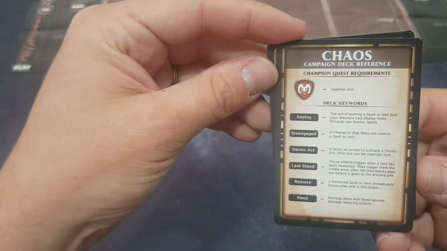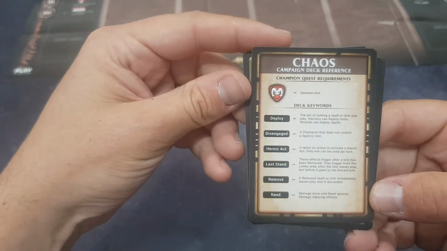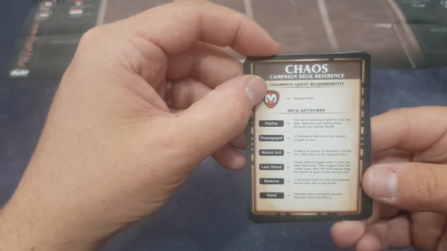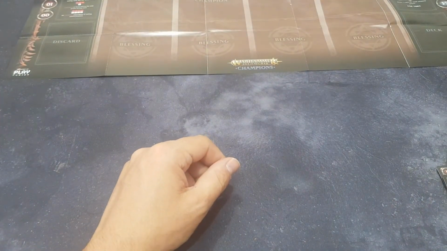And again, they've then done a campaign deck reference, which is just for the Chaos one, different artwork and stuff on it, and it shows you something like what a demon unit is. The other one showed you an Auric unit. So yeah, that's everything so far,